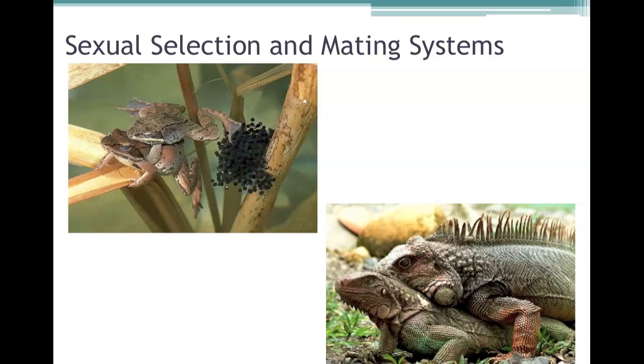Now, there are reasons why these behaviors have evolved over time. For example, in birds, it's often very difficult for just the female bird to provide enough food for her chicks. And so, if the male helps out, the chance of survival for those chicks drastically increases, which means that the male is going to stick around for a lot longer if it improves the genetic fitness of his children.